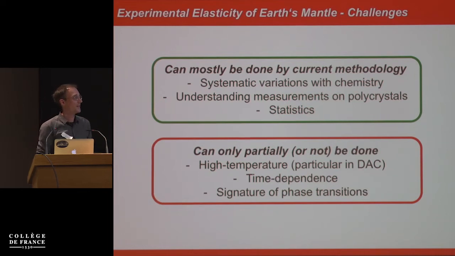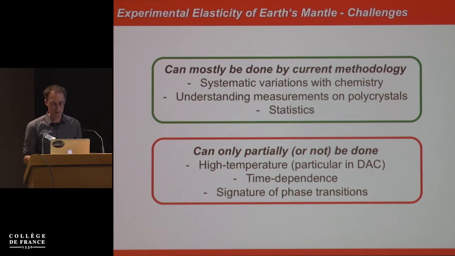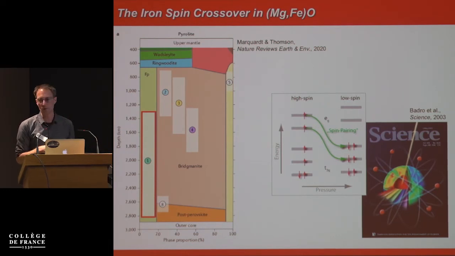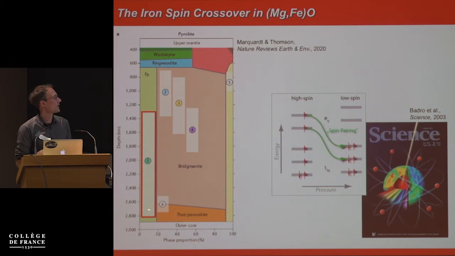And I would like to spend the remaining minutes of this talk to outline a kind of novel approach that we have used that can tackle some of these. I'm not saying it can tackle all of these, but it will help us to approach some of these. And I would like to outline this using the example of the iron spin crossover that I've mentioned a few times before. So the iron spin crossover is this electronic change in ferropericlase in the ferrous iron that is contained in ferropericlase,